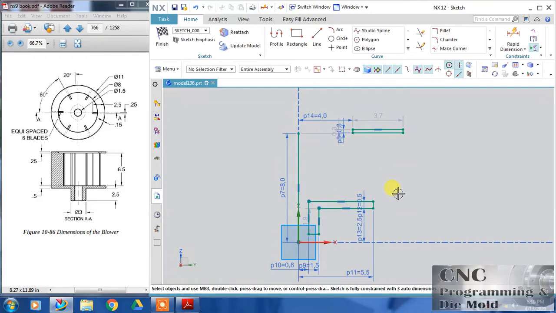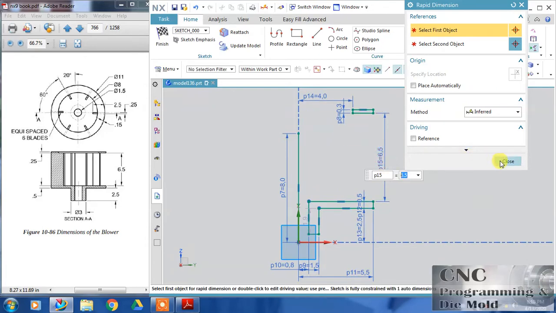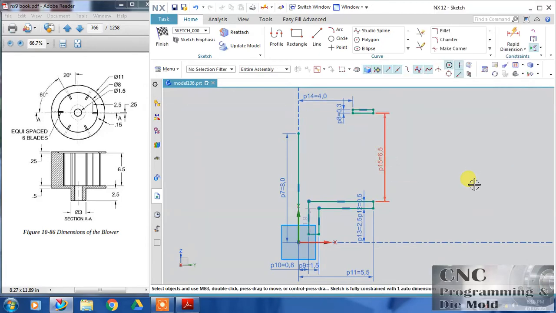This point and this point, make them vertically coincident, and the gap between these two is 6.5. Change it to 6.5, enter and close. And this point and the horizontal axis both will be coincident.